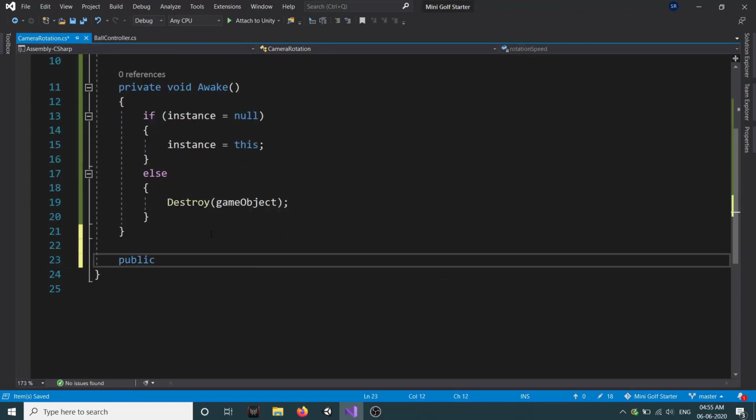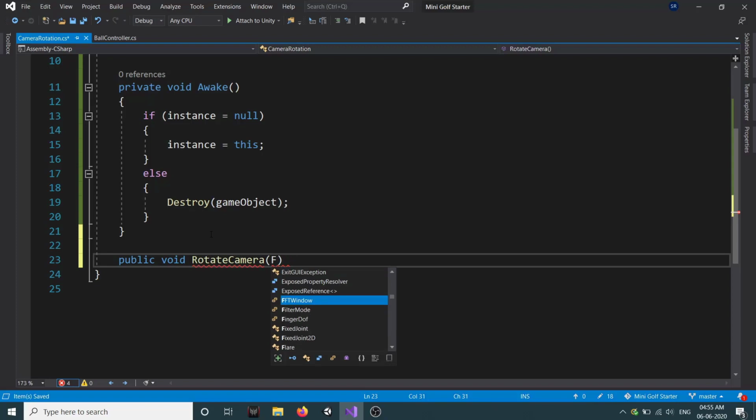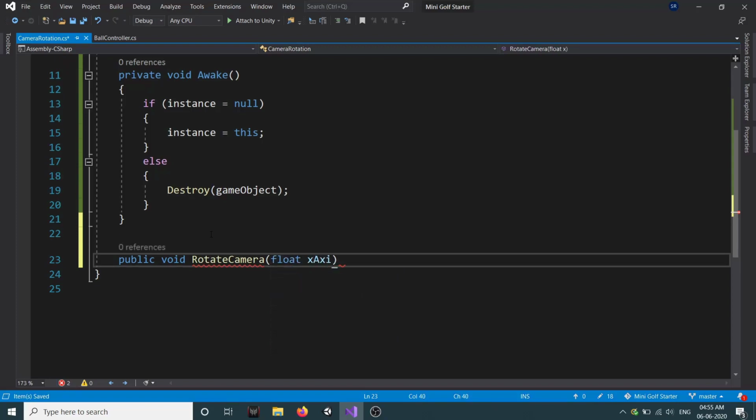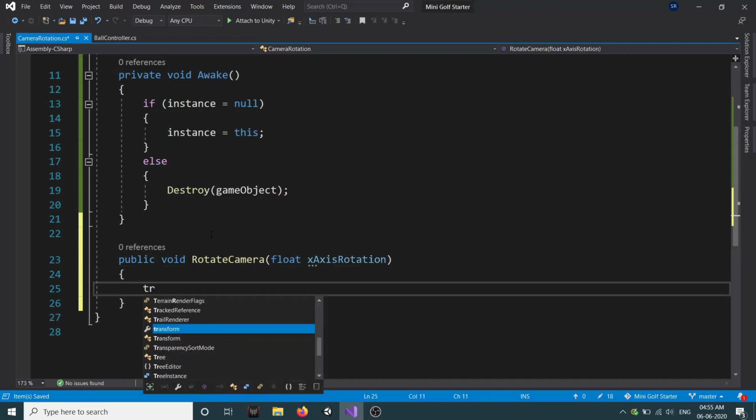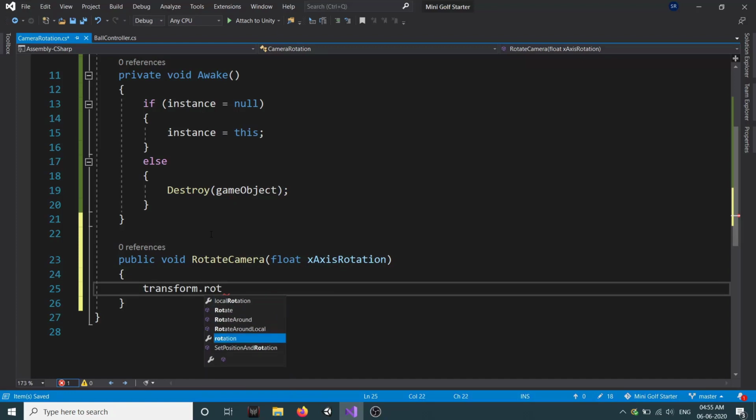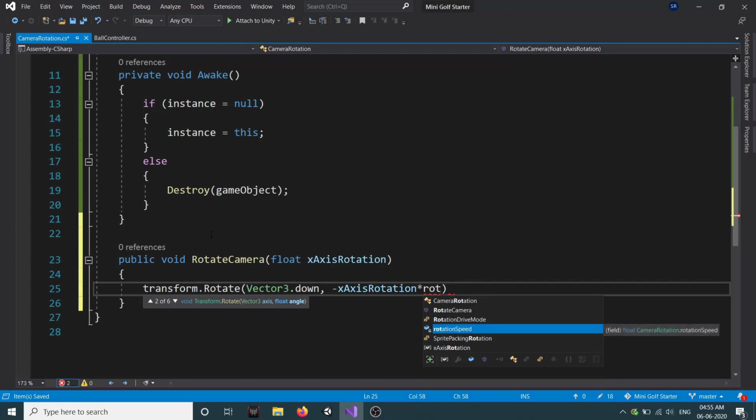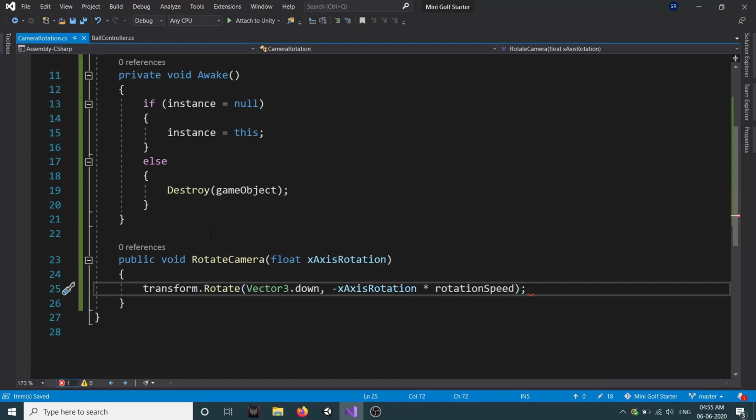Now to rotate our camera, we will create a method public void rotate camera, and it will have a parameter float x-axis rotation. Inside that we will set our transform dot rotate. Our axis will be vector 3 dot down, that is our y-axis, and our angle will be minus x-axis rotation into our rotation speed.